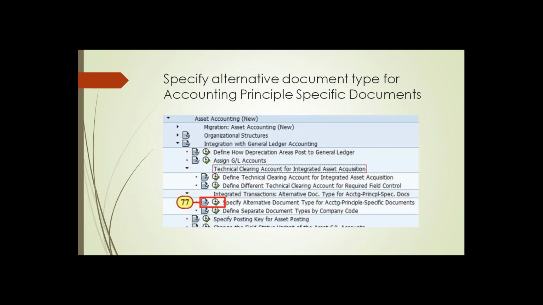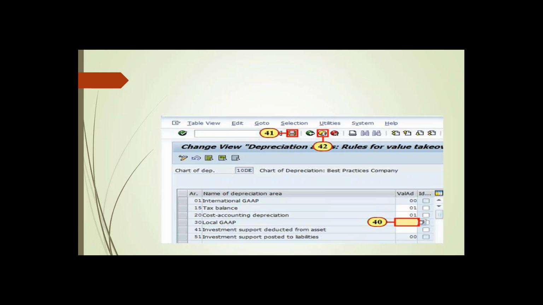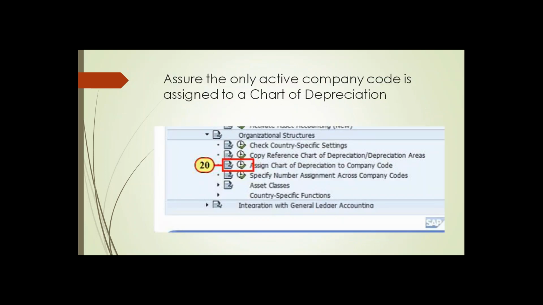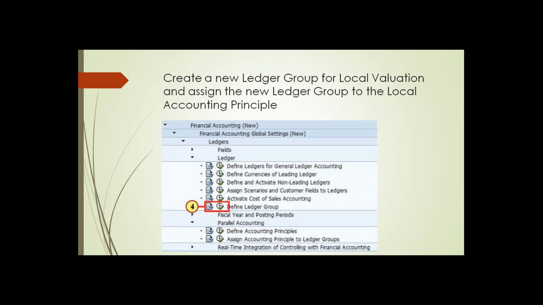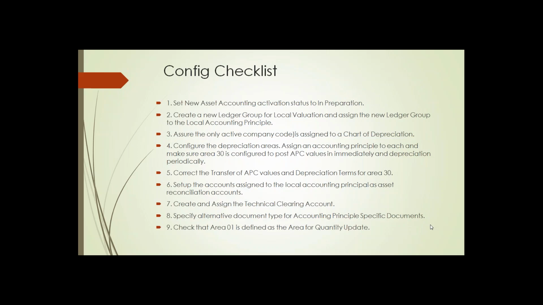This is done. This is also done. We have seen the depreciation area assignment to the accounting principle and assigned. This is the normal one. So you just need to make sure that only the active chart of depreciation, so active company codes, are assigned to your chart of depreciation. Yes, we covered all. And the final step, once all this is done, you need to